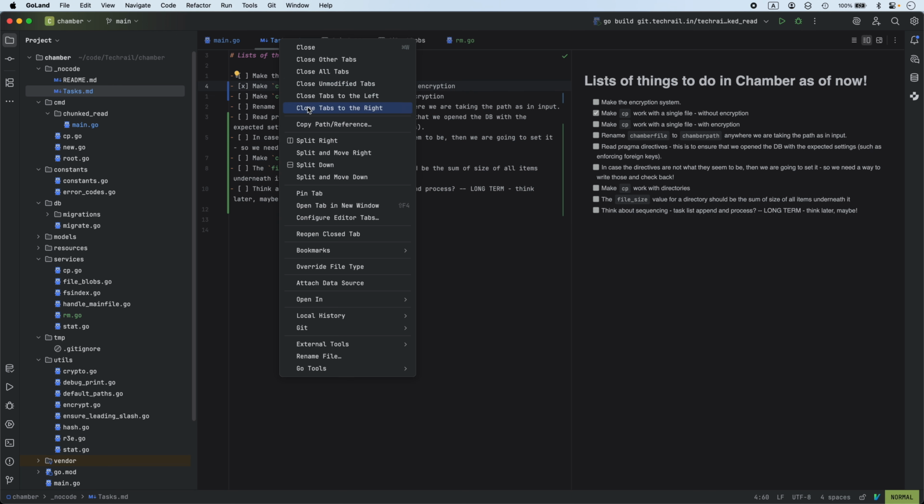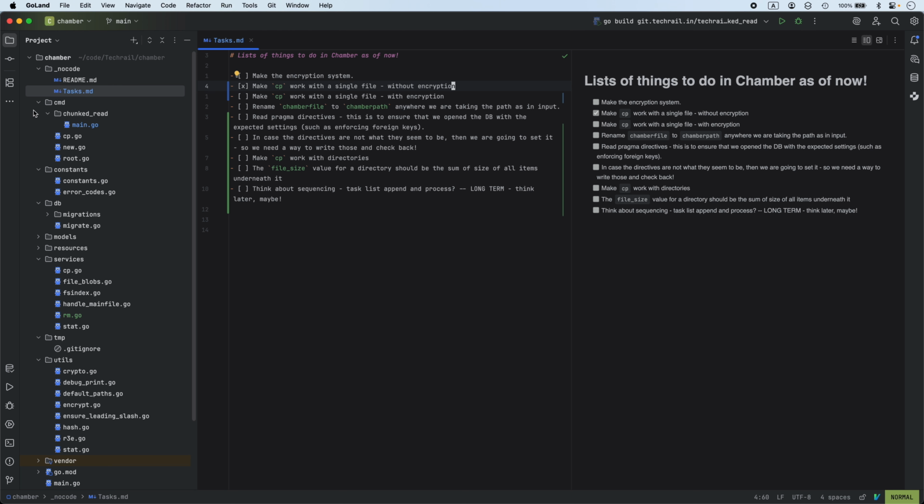We can close other tabs. Okay, so the stuff that I need to do is I needed to make CP work with a single file without encryption and with encryption. Now I have marked it as done, but I still need to test the outflow, and I have implemented encryption already. So this is not really done because I have not created that